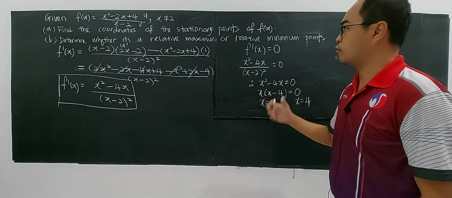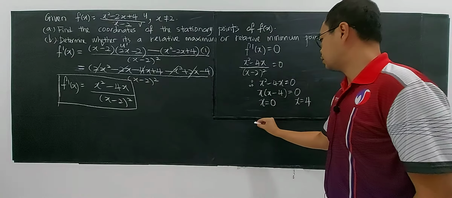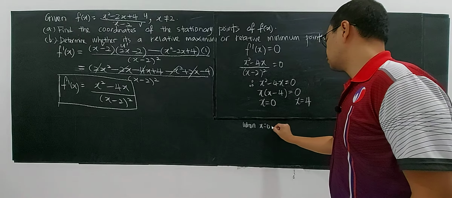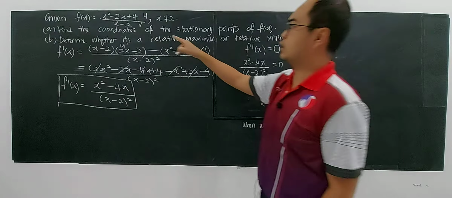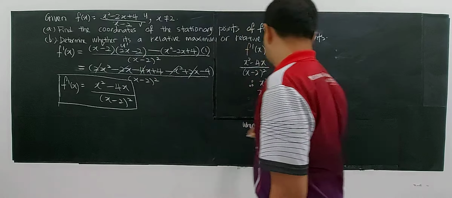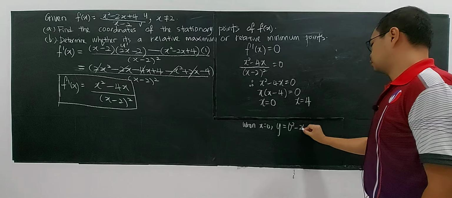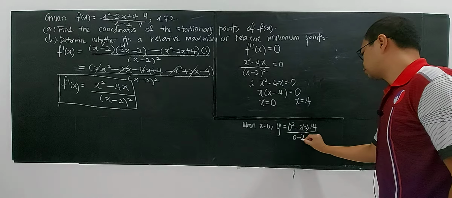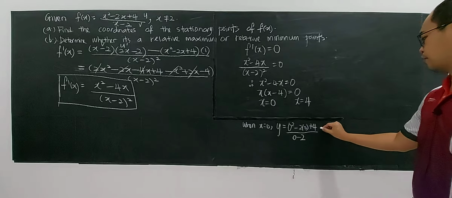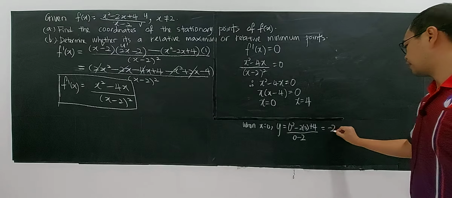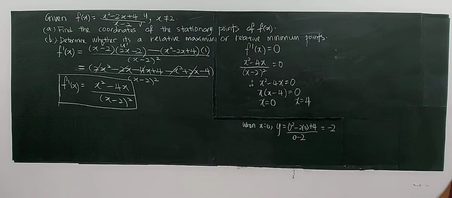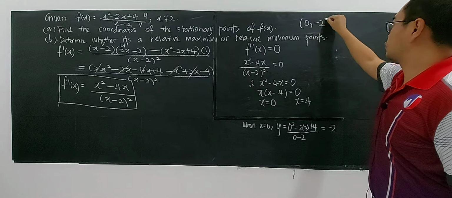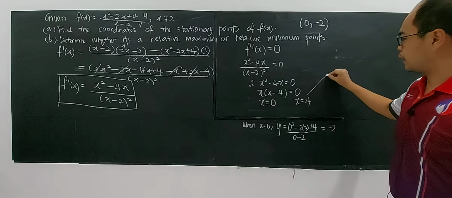So we want to find the coordinates of these points. We substitute 0. When x is 0, your value of y, according to here, this is your y. So you substitute: 0 to the power of 2 minus 2 times 0 plus 4, divided by 0 minus 2. So you have 4 divided by negative 2, you have negative 2. So you have coordinates 0, negative 2 as the first stationary point,